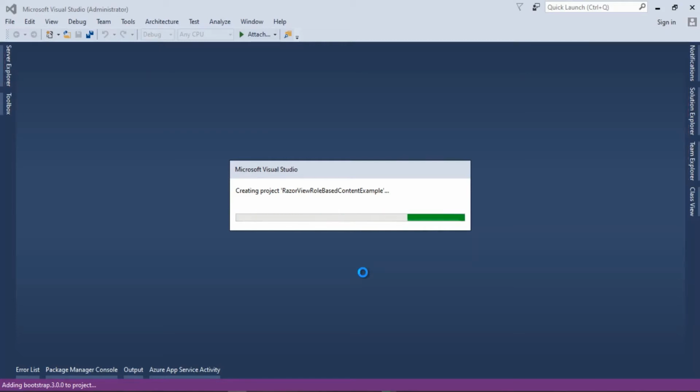As an ASP.NET MVC developer, you are familiar with this type of thing, and our project is being created. As you can see in the status bar, it is restoring and adding some projects related to the application for requirement of the ASP.NET MVC web application. Let's wait for it to finish.